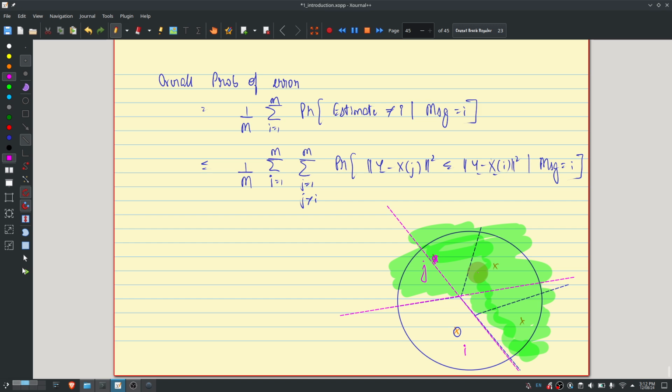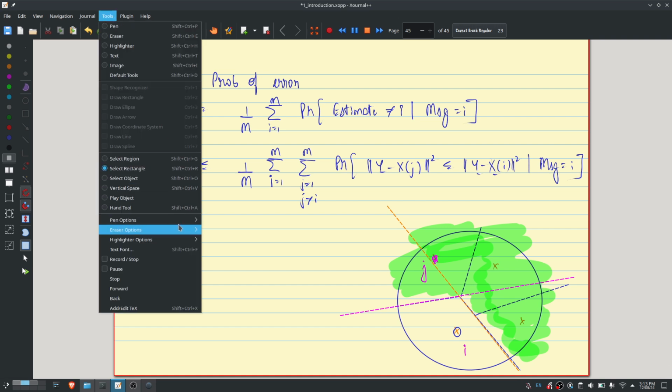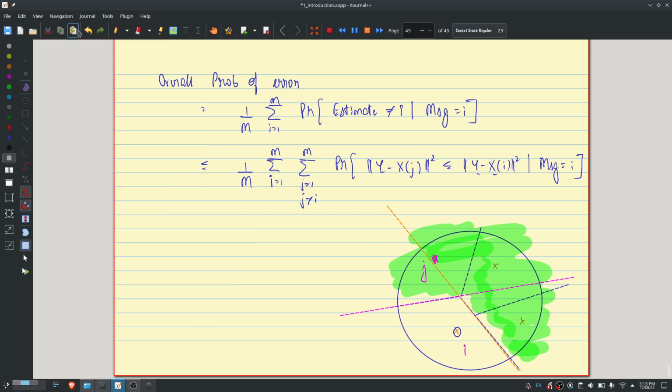Okay? And now you can see that this is indeed a bound. Because when you just look at these three code words, for the first pair, the probability that you make an error was equal to the probability that the received vector is anywhere above this particular pink line. Whereas now if I consider a different j, say this is my j prime.